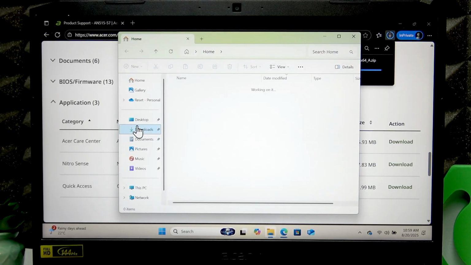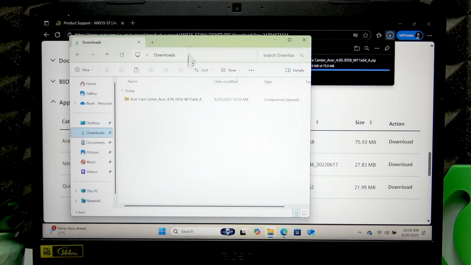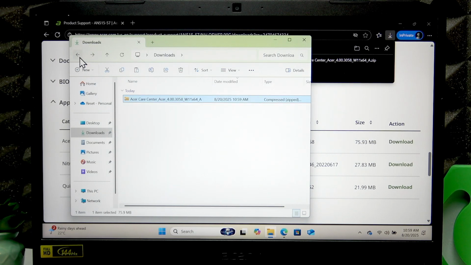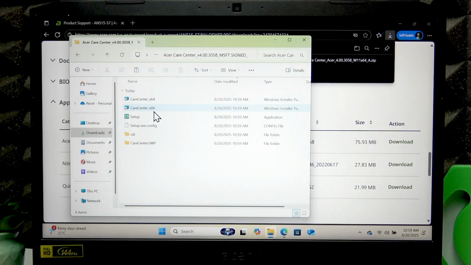Open your file explorer, downloads folder, and once this zip file is downloaded, double click on it to open it, then select this folder, use Ctrl+C to copy it, and then go back to the downloads folder and press Ctrl+V to paste it right here. Now open this folder and click setup,